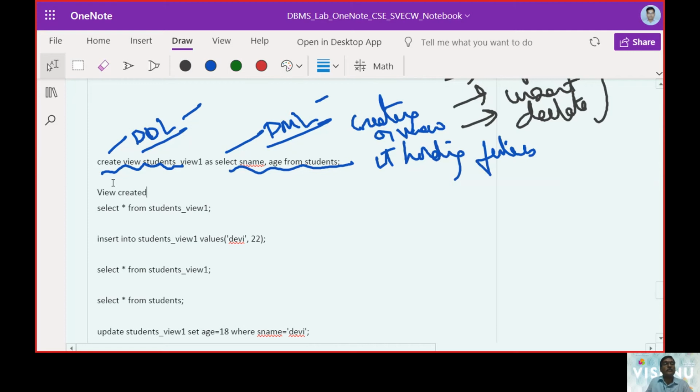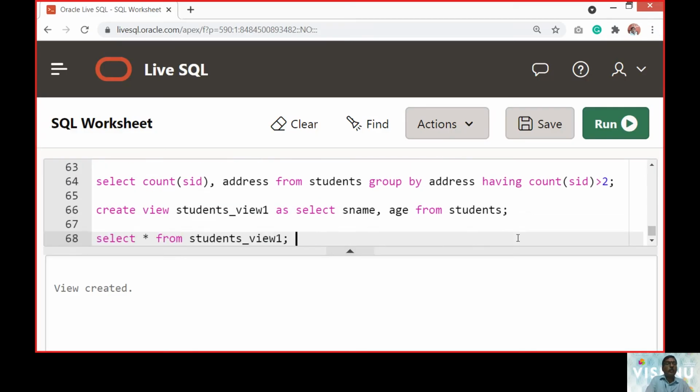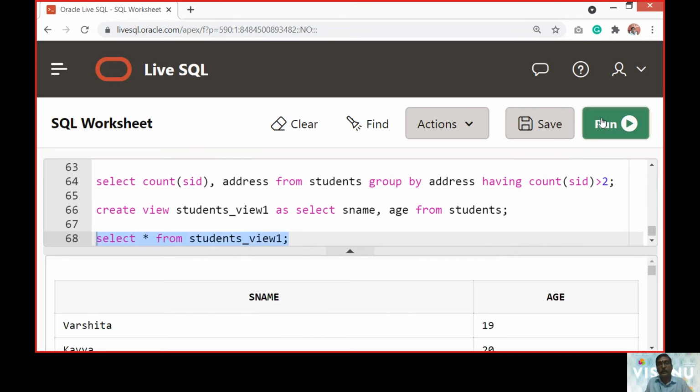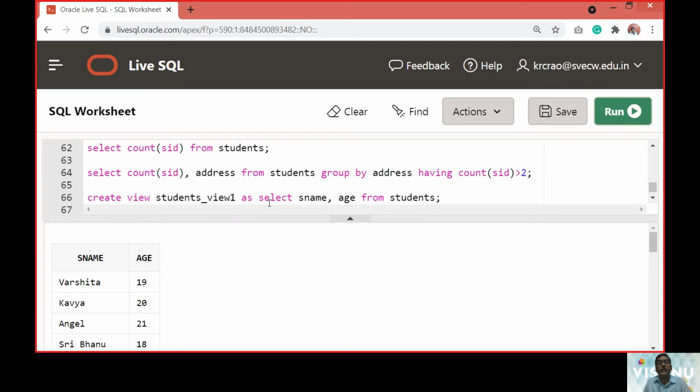Now let us verify what items it is going to take. We are hitting the run button to check the field items of the view table.